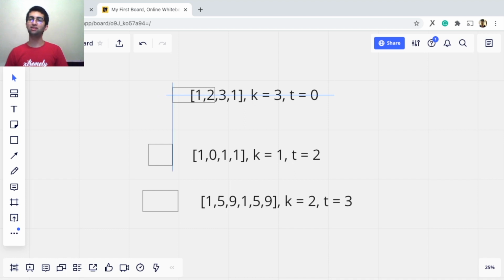Next, when 2 comes into the window, was there already another value inside the window with the value of at least 2 minus 0? So was there already a 2 in the window? No. Now a 3 comes. Now it gets interesting. Was there a 3 already? No. Now this 1 comes and there was a 1 already in the window.